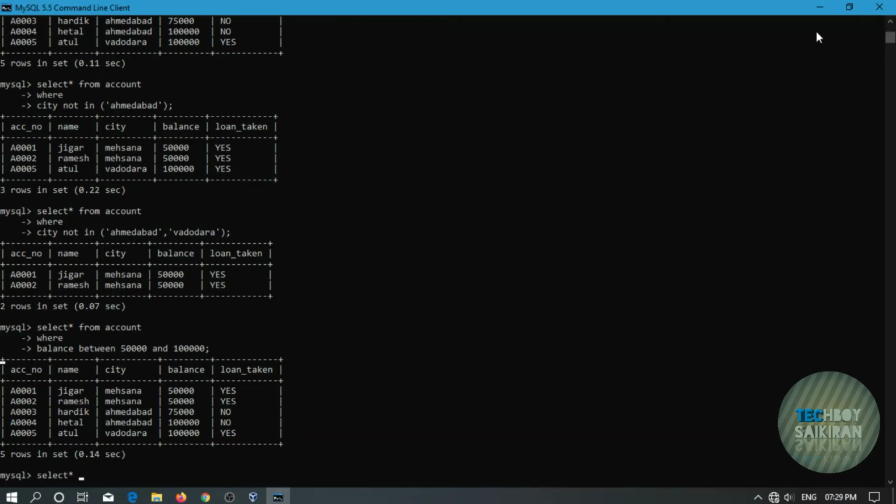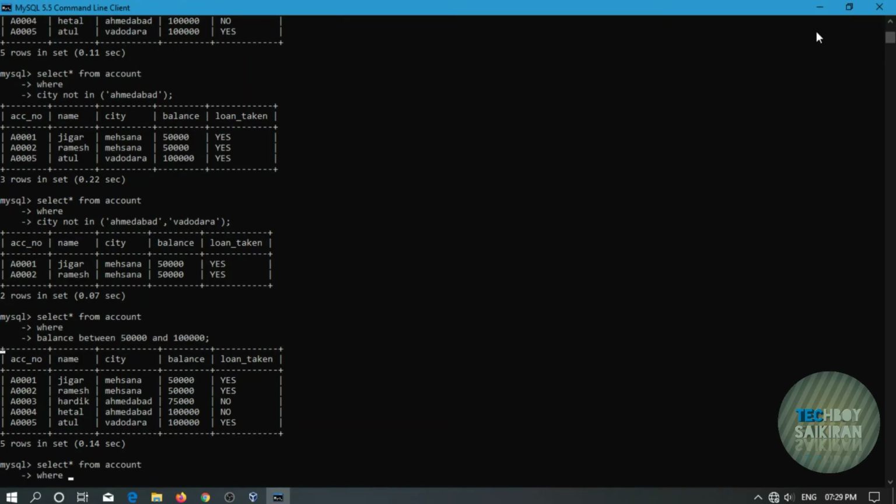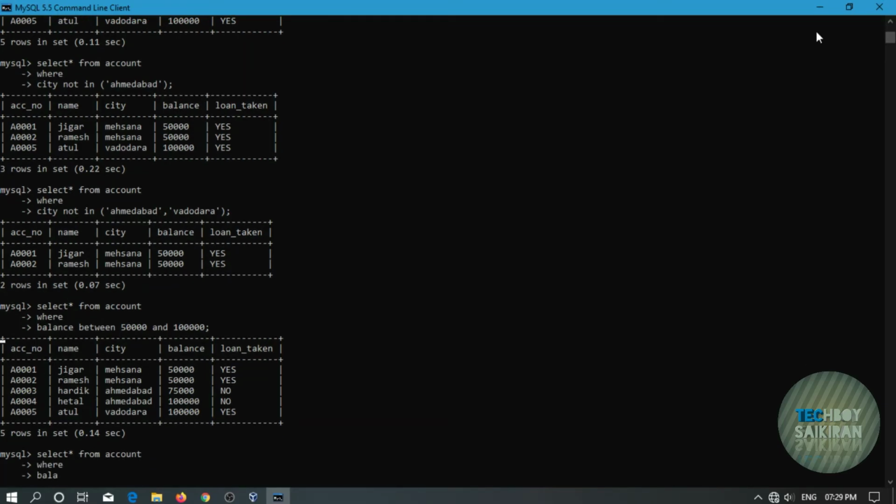select star from account, that is the table name, and I'm providing the where condition, balance not between 50,000 and 1 lakh.